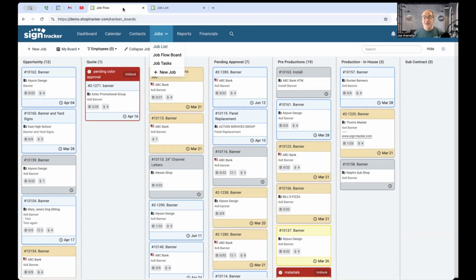But this is the job flow board. This is like brain central for SignTracker. This is where you're going to see the big picture of all your jobs. So how it works is when you start a new job, and you can do that under the jobs tab, new job, and you fill out the form for the new job. I won't do that because you'll have to watch me type really slow, and I don't want to put you through that. But basically, what it does is it lands a job card on the first column in the